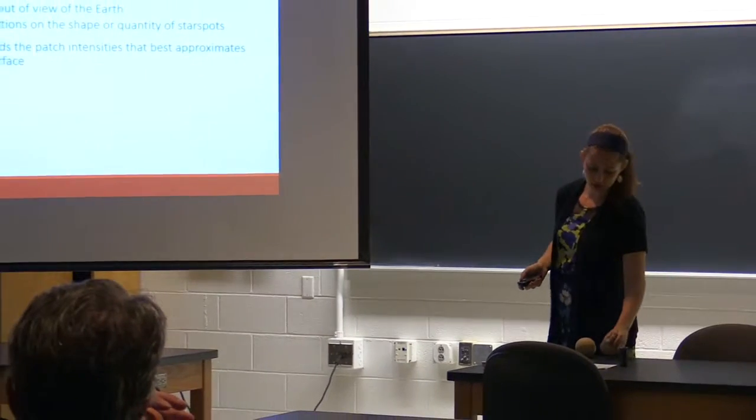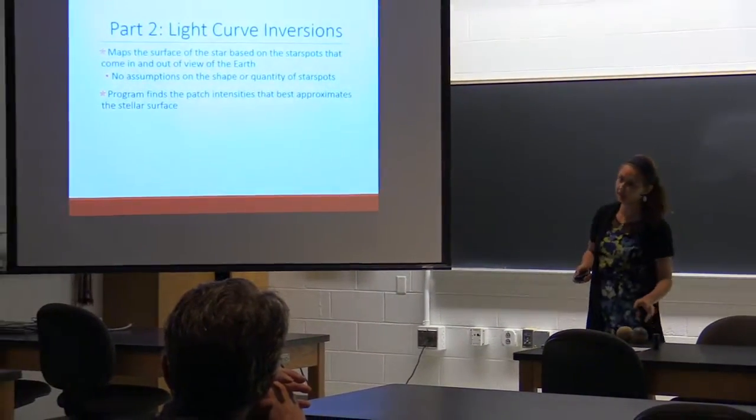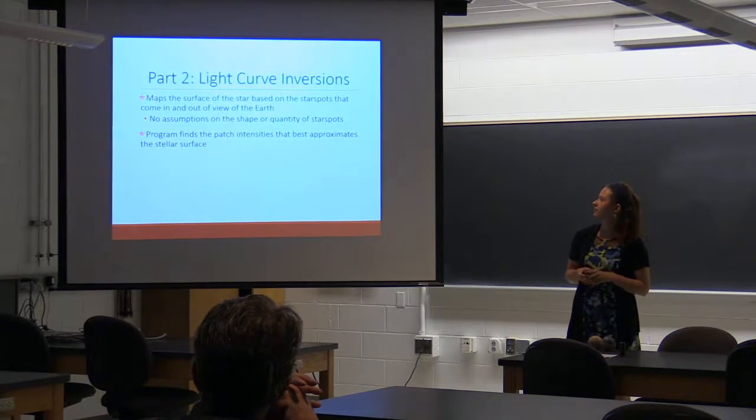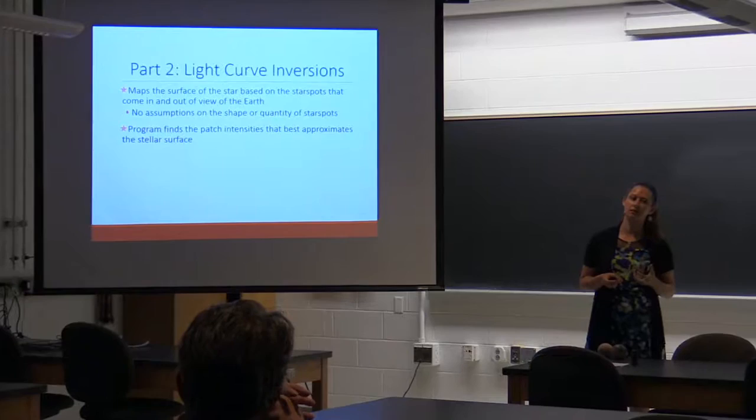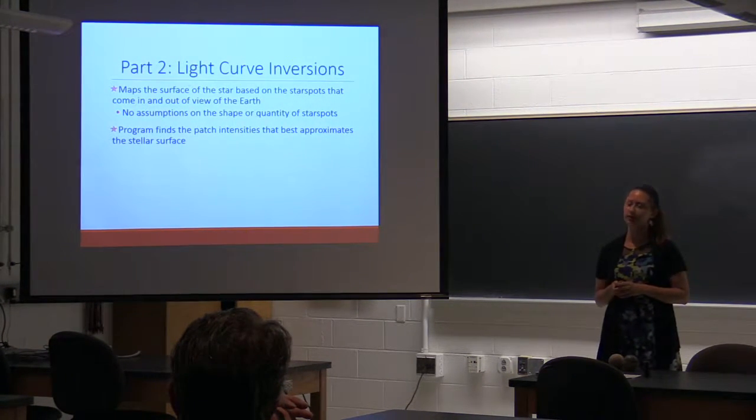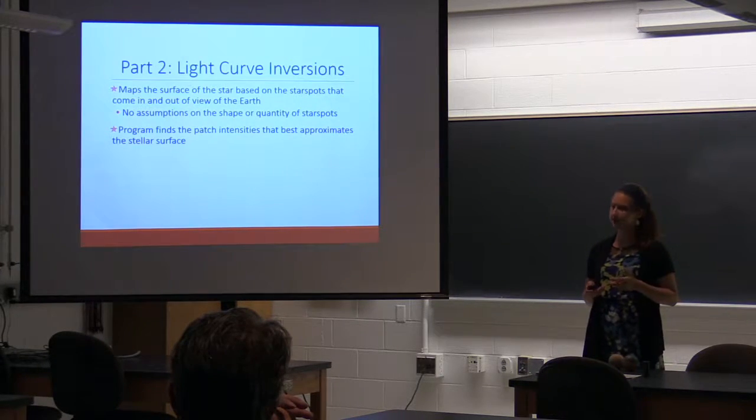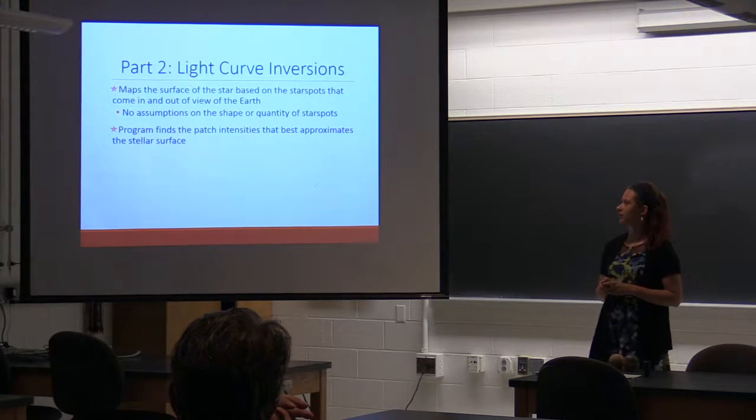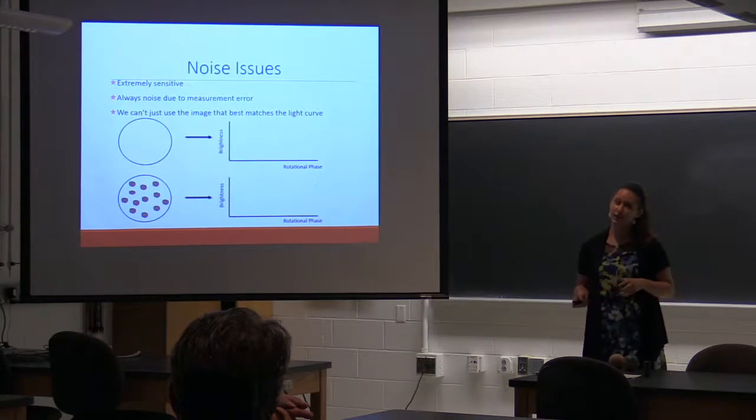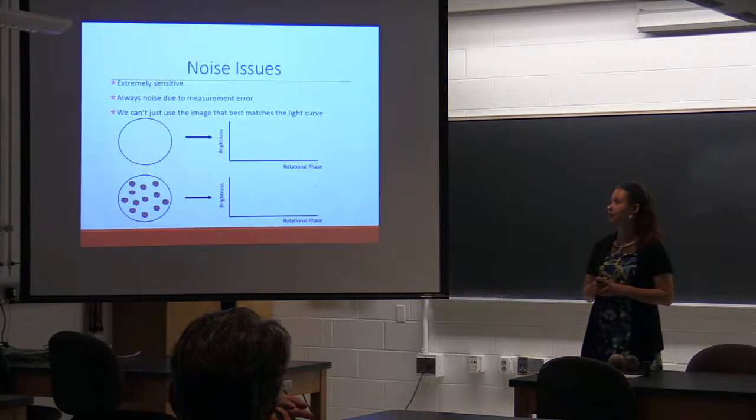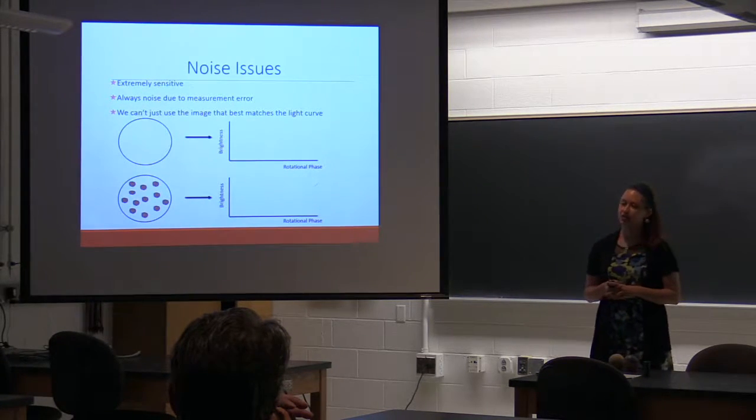So now that we have these light curves, we're going to employ a photometric imaging technique that we call light curve inversions to map the surface of the star based on the star spots that come into and out of view of the Earth. But we're not going to make any assumptions on the shape or the quantity of star spots. So the program's job is to find the patch intensities that best approximate the stellar surface. However, we need to be careful because it's extremely sensitive to noise. Moreover, we're always going to have noise due to measurement error. This is why it's important that we can't just choose the image that best matches the light curve,